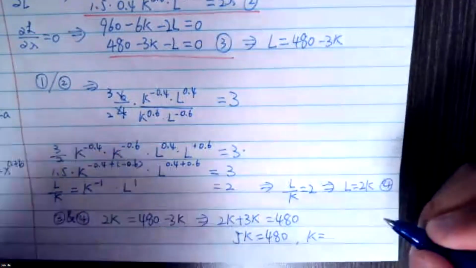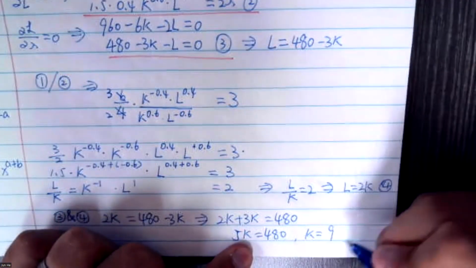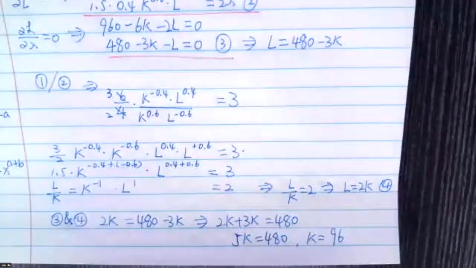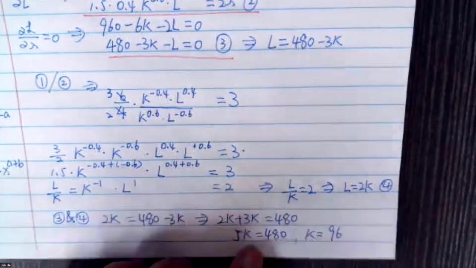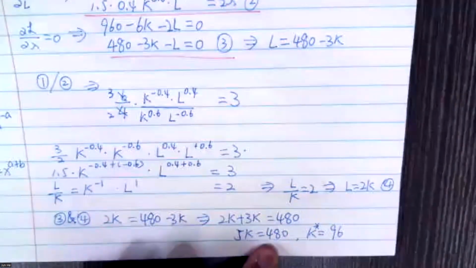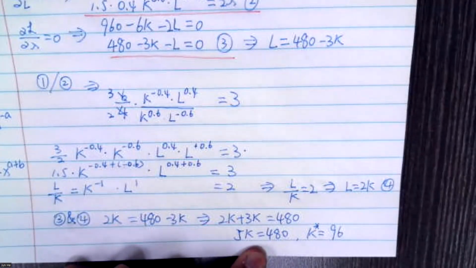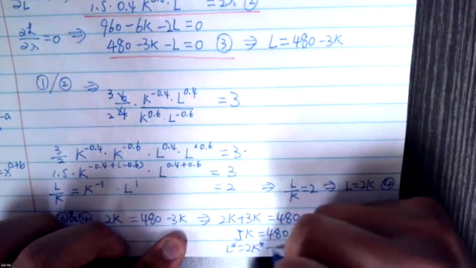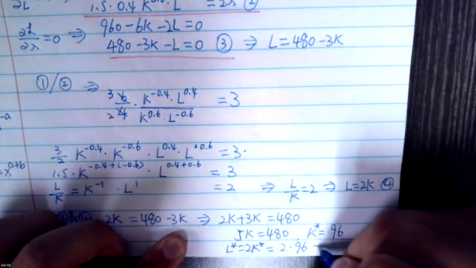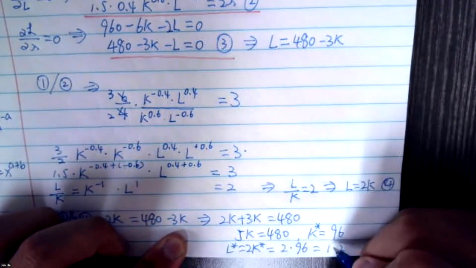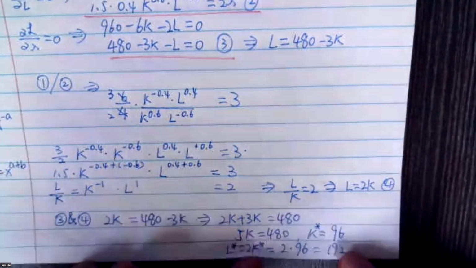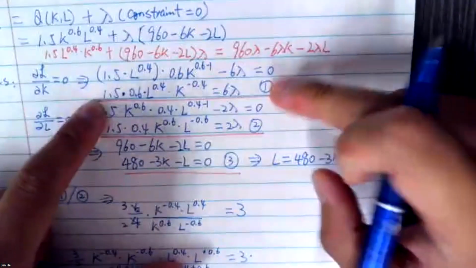K equals 96. That's K star, which is 480 over 5. Okay, and L star equals 2 times K star, which is 2 by 96, 192. So we have K star and L star, and then we just need to take them into equation 1